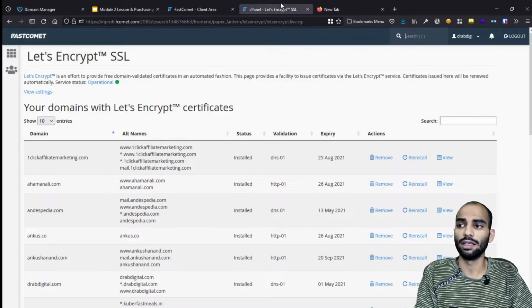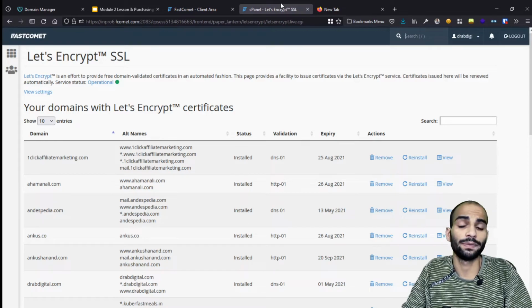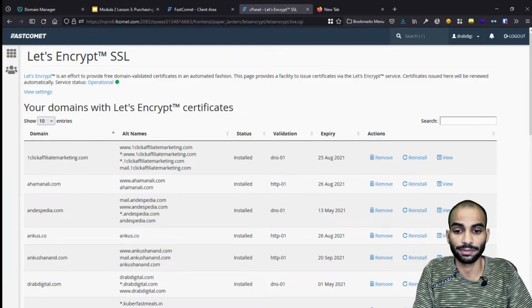Now let's talk about the difference between a free SSL certificate and a paid SSL certificate. Basically, guys, take the example of a lock. You have very simple, very small locks, as well as much bigger locks with multiple keys. Sometimes they have multiple locks in them. So the more you pay for an SSL certificate, the better it is going to be, and it will encrypt the website much more. It will be difficult to decrypt the data that is being sent. It's the security stuff only.